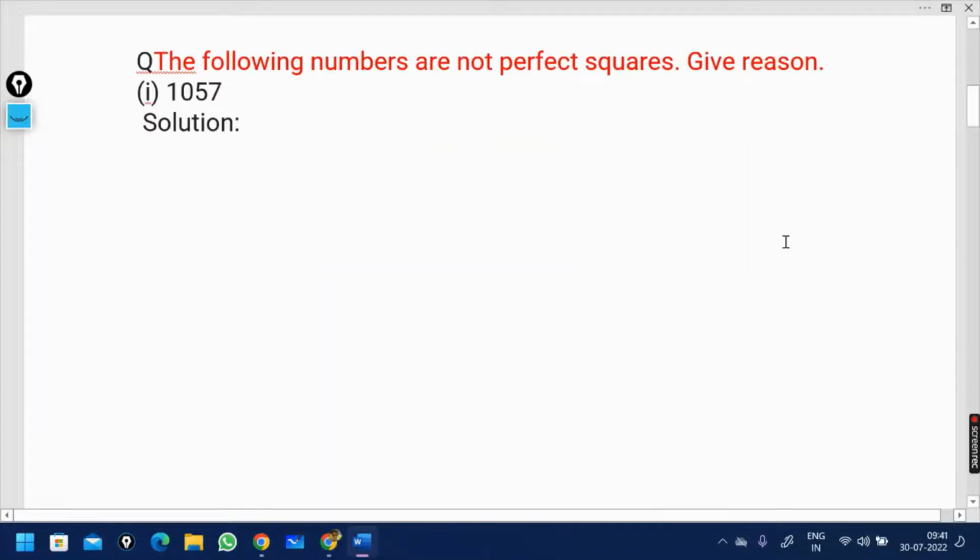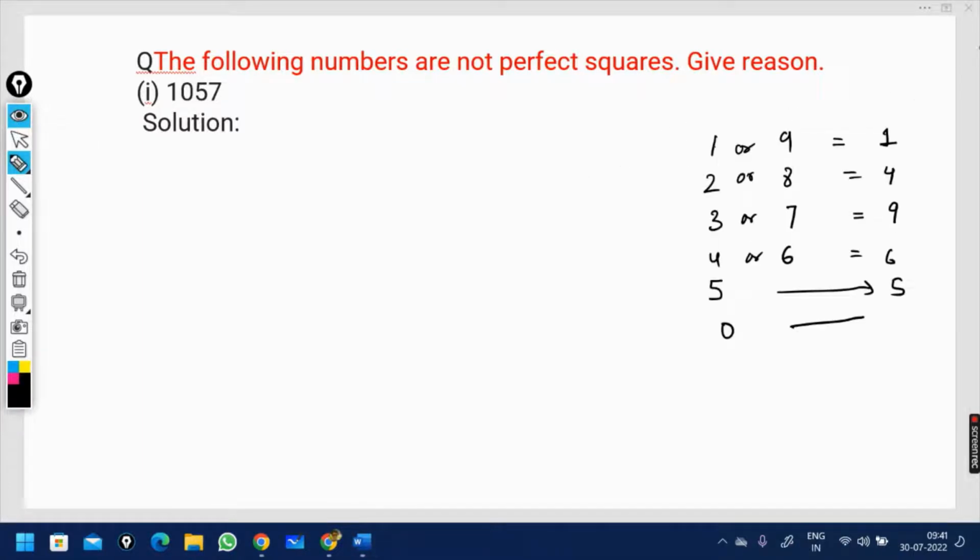Another very interesting property of square numbers is what I'm going to share with you. Now, just by looking at a number, we can predict, not all the numbers, but some of them definitely, whether that number is a square of a number or not. For example, here you have to tell whether the following number, which is 1057, is a perfect square or not. So remember I gave you some tips